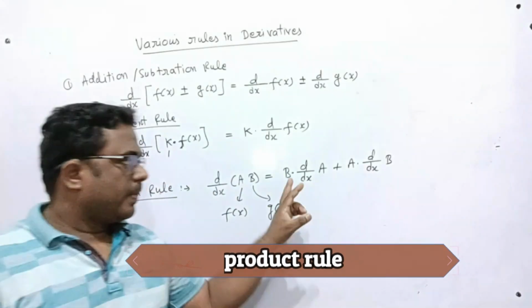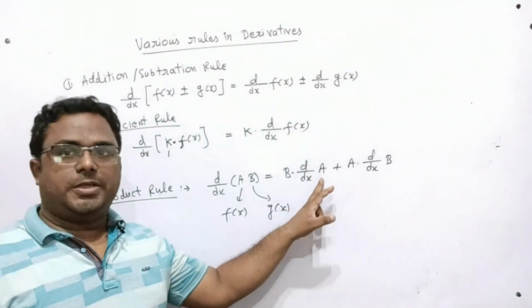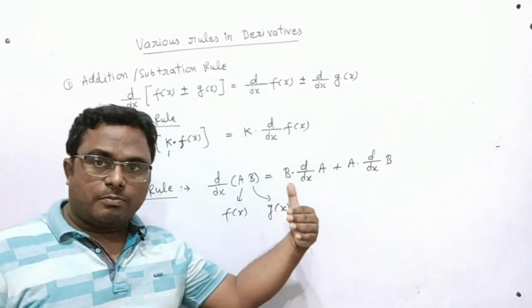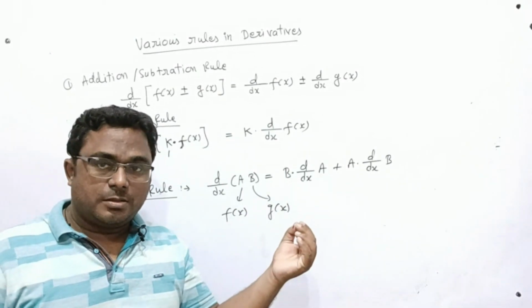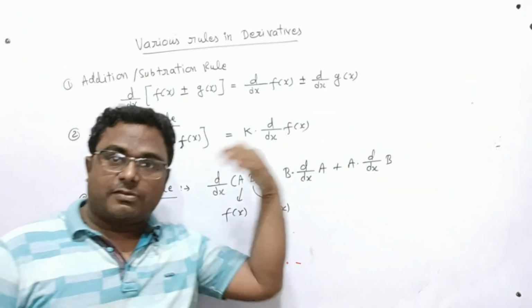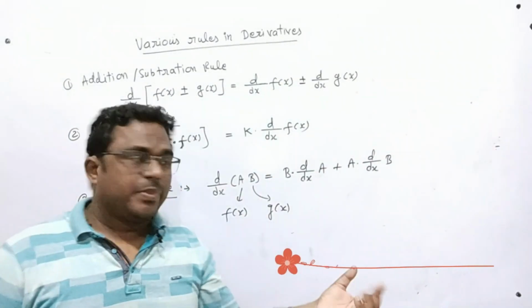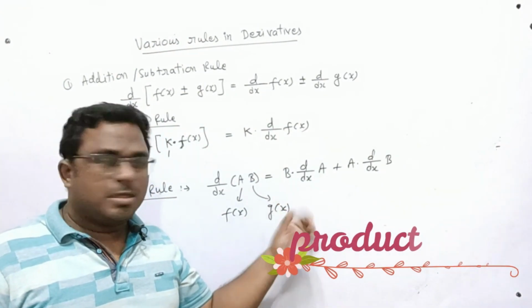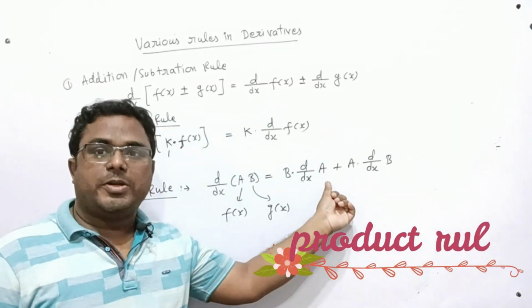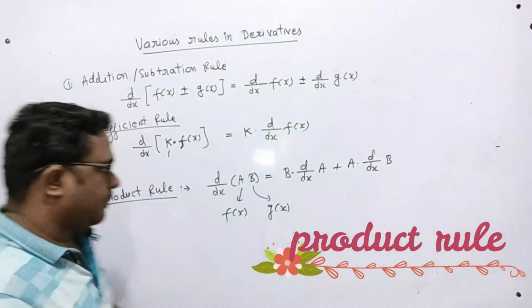Let me explain one thing. In this, B is outside and the derivative is of A only. The term which is before the derivative, it means you are not doing the derivative of that. The term which is written just after dy/dx, you have to do the derivative of that term. So in this, B is outside, it means nothing happens with this, and the derivative of A is to be done. And here A is outside and the derivative of B is to be done.